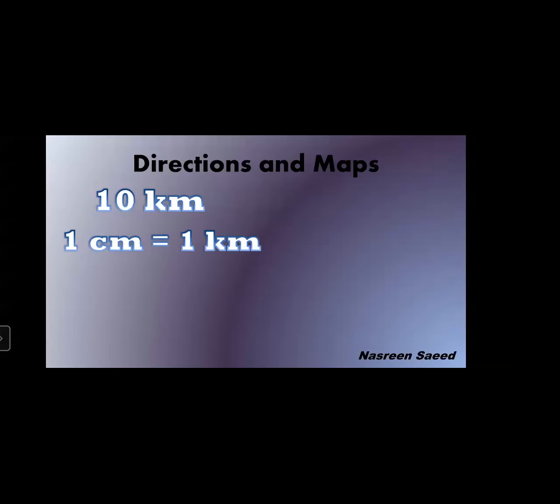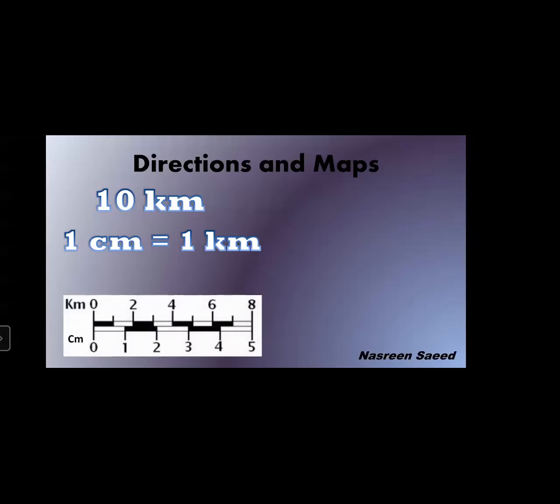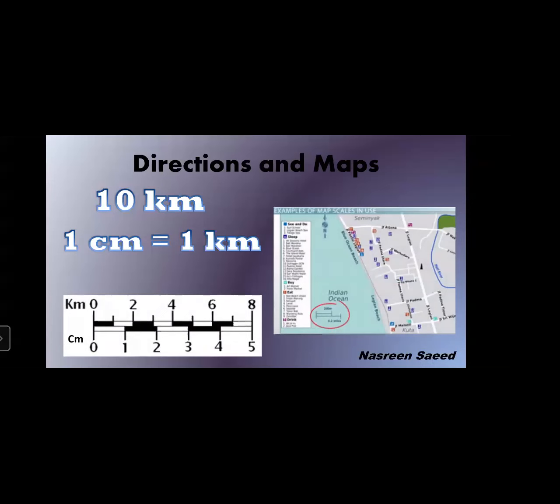The paper is small. So to remove that confusion, what we are doing when we make the map, we convert that 1 kilometer into 1 centimeter. 1 centimeter is small, we can show it on the map. So we have to convert it. So on a map, what would be the distance between the two houses? Now using a ruler, draw the distance.